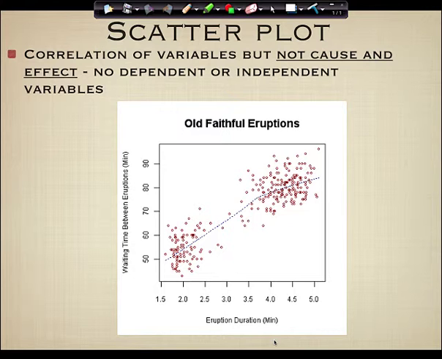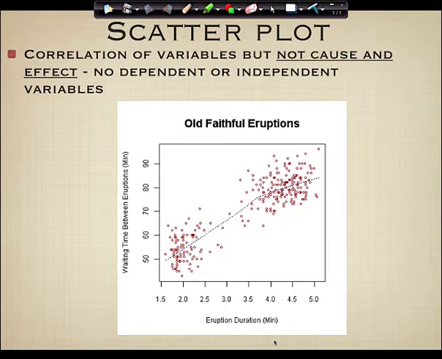Because they're both correct, there is no cause and effect relationship, and so consequently we would do this on a scatter plot rather than an XY line graph because it does not have a cause and effect relationship. Do you see the difference? Whereas with our previous example, when you add energy to water, the temperature goes up. One causes the other. Whereas here, there is no cause and effect. You get the idea? That's a good example.